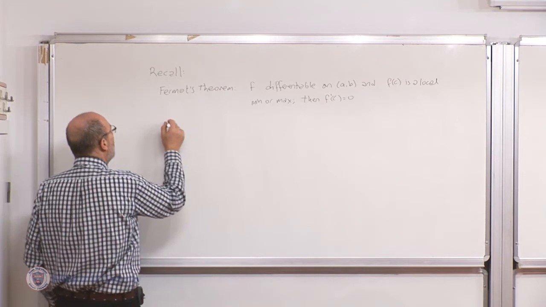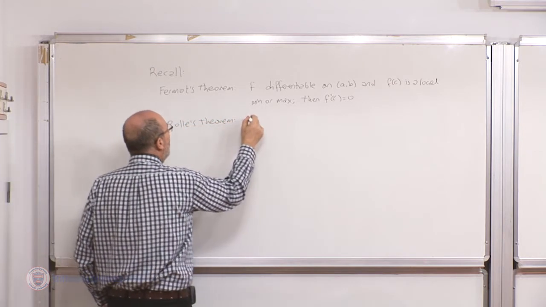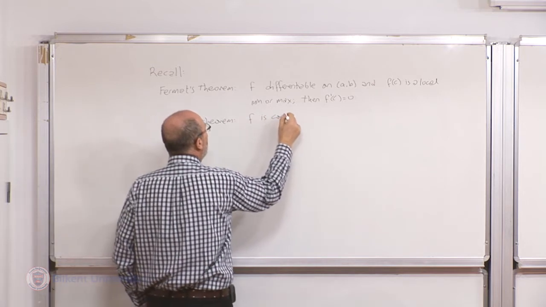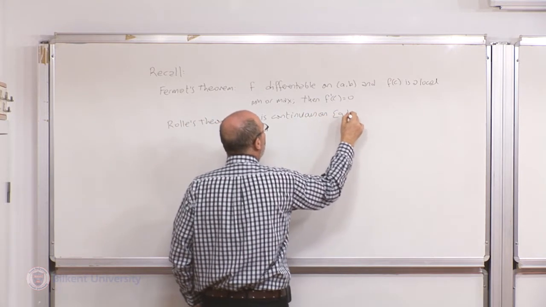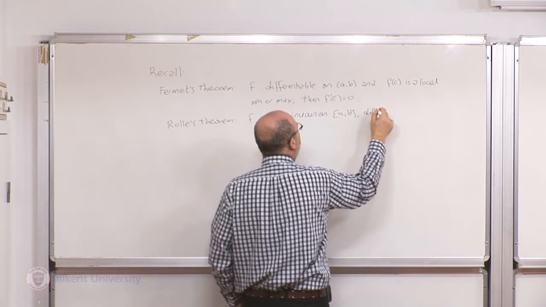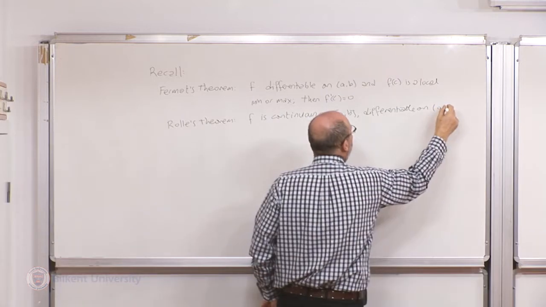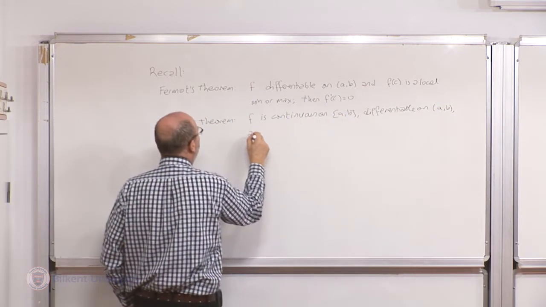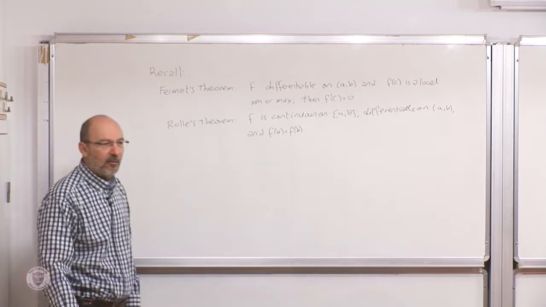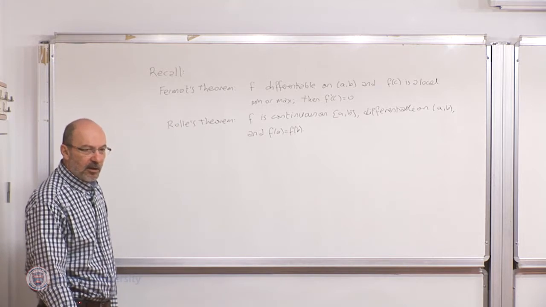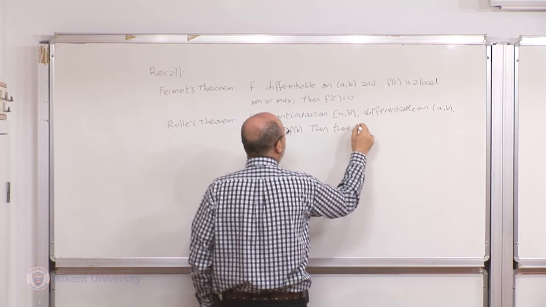And then using this, we had what is called Rolle's theorem. So here f is a continuous function on A, B, differentiable on the inside at least, and f of A is f of B. So the function starts at a value, does whatever it likes, and then returns to the same value. Then there is at least one point